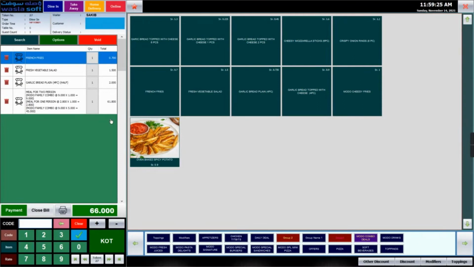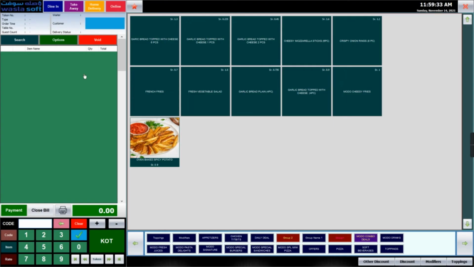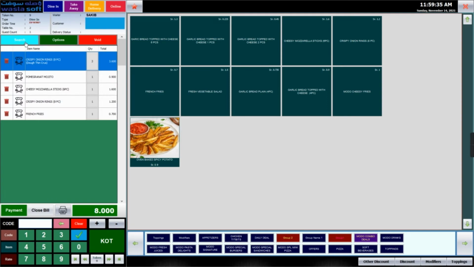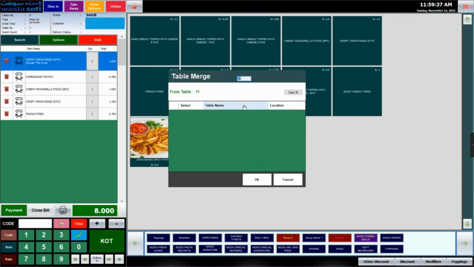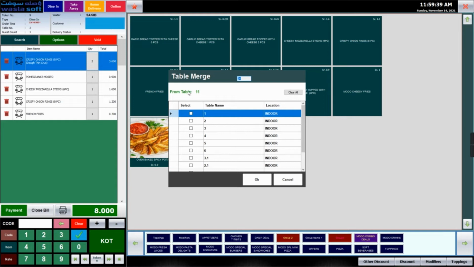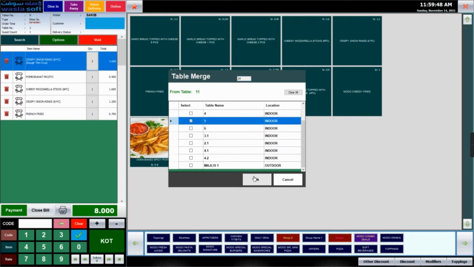For dine-in operations, you can merge a table. Select the table you want to merge. Options, merge table. From table 11, to which table you want to merge to, you can put here. So I am giving the 5th table.